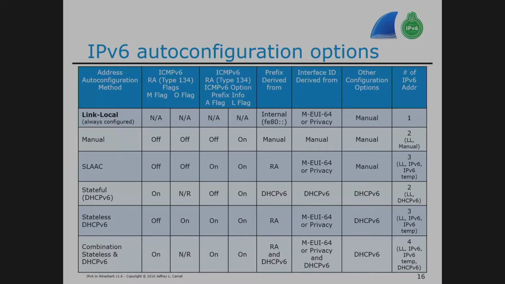So then you have to make sure you turn off the M flag if you want that static to be there. And in most operating systems, you can. But there's not an override. It does not always work like v4. In v4, in most operating systems, if you statically assign, they never DHCP for an address, do they?